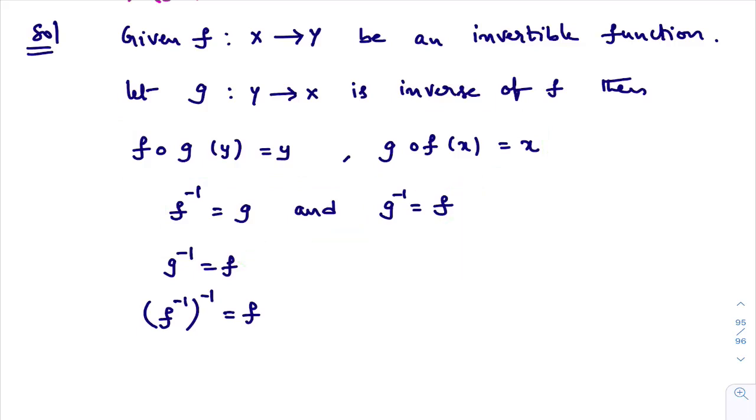Now I'll take this one. See, g inverse equals f. I have written the same thing, g inverse equals f. In this you observe this g. What is g? Here g is f inverse. In this statement, in place of g, I'll write f inverse. So see here, in place of g, I have written f inverse. Please observe. So f inverse whole inverse is f. What they are asking, we got it. I hope you are understanding.